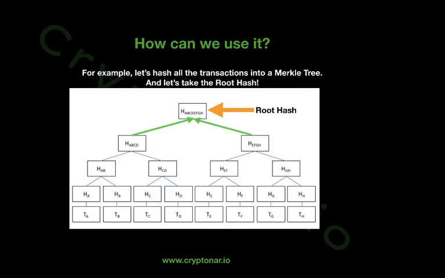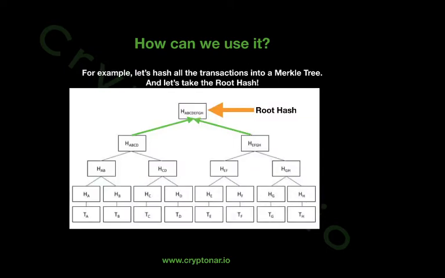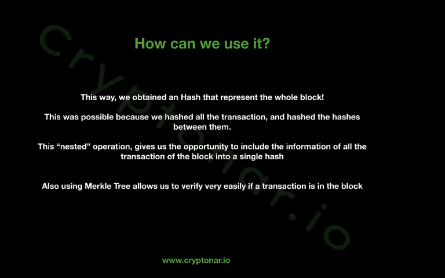They are condensed into this root hash, into this header, which is going to be the header of the block of Bitcoin. So this hash is very important because every block has its own hash. In this way, what we did is basically condense the information of the transactions into a simple hash, which is kind of cool. Because we get all the transactions and have the certification in just one string of characters that these transactions have been put in the block.